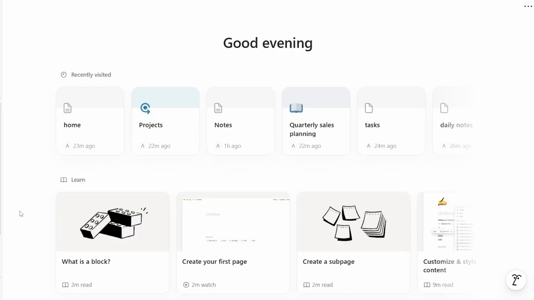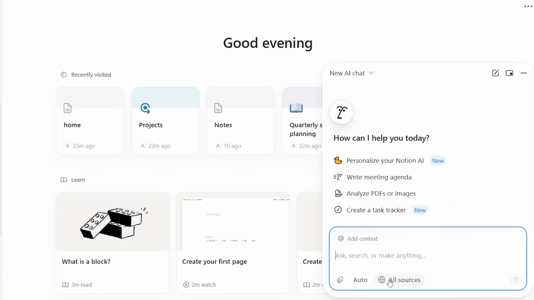Our first tool is going to be Notion. Notion is perfect for building structured knowledge systems. You can create pages for ideas, projects, and notes and link them together. With AI built in, you can summarize content, generate your next steps, or even ask